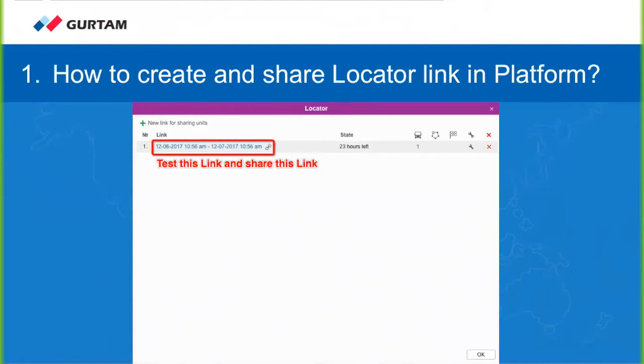Maybe you will email, but you will manually go to your email, put the email of your customer and send it. Or maybe you will Skype it, or maybe you're using some other messenger, Viber, WhatsApp, but somehow you will share this link with someone else. Here, of course, comes the question, is there any way we can generate and share this link with the customer automatically? And here comes the new feature